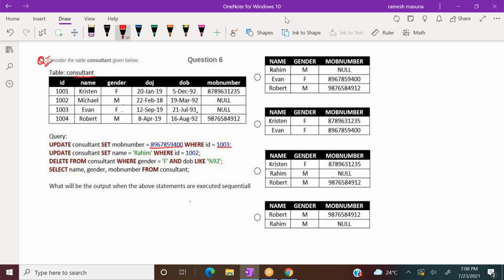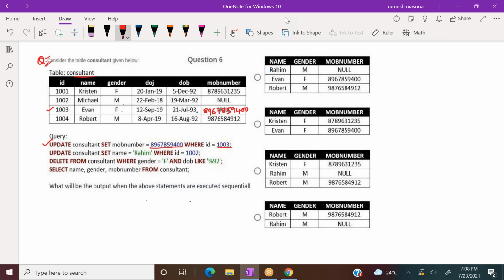So 1003 is this one, and here the mobile number is not there. It is to be set with this mobile number, 8967859400. Option C, Surendra. Okay, first query is done.